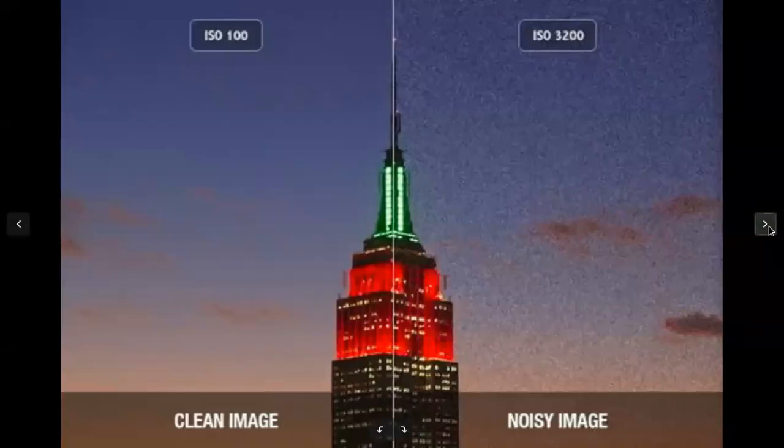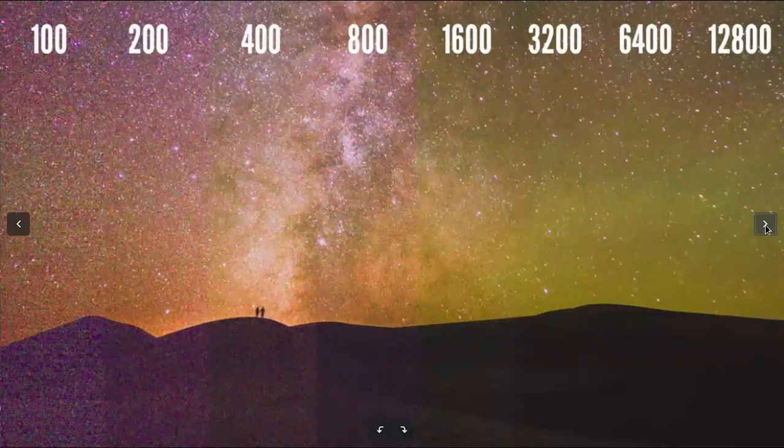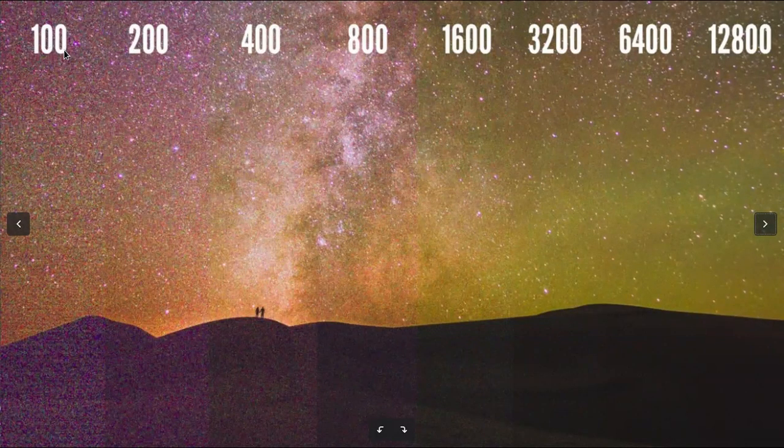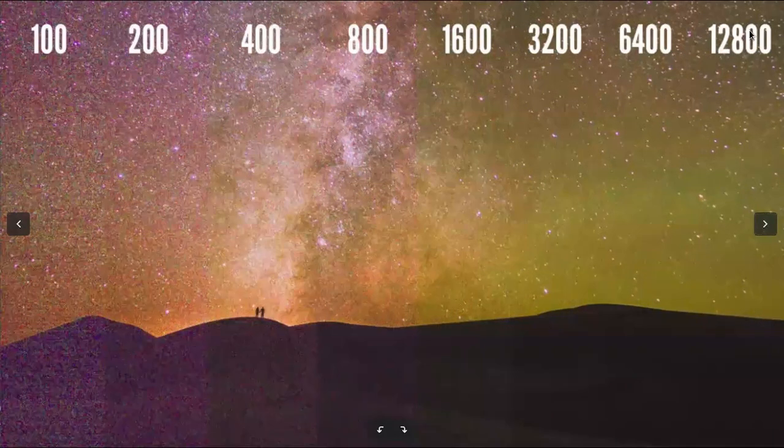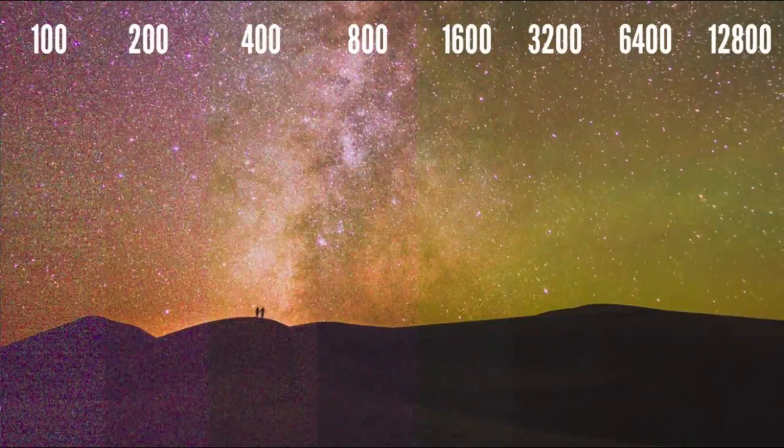So there the challenge comes to the photographer. It is up to the photographer to decide whether he or she will go for the lowest possible ISO to get a cleaner image, or go for the highest possible ISO like 6400 or 12800 to get a brighter photo, but at the cost of digital image quality. With higher ISO, we will have lots of noise and the image may not be usable at all.